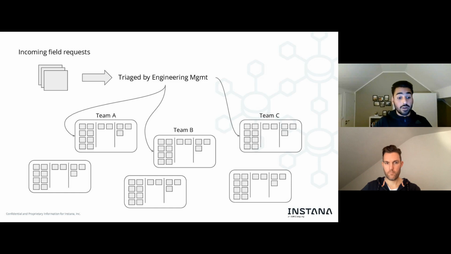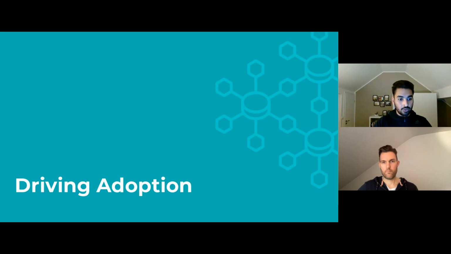So what I like about it is that at some point it will be a no-brainer. You can just pull and do your work without thinking too much about it and without having to think, is this actually the right thing that I'm working on? Because if you are in the structure of your own defined process, it's way easier, right? From there on, I'm going to hand it over to Henning to talk about driving adoption and how we increased adoption of Kanban.